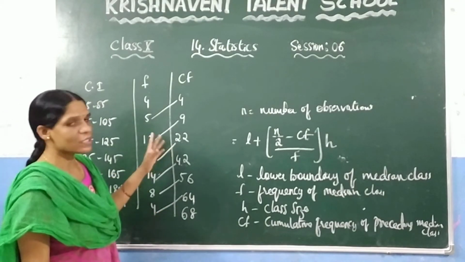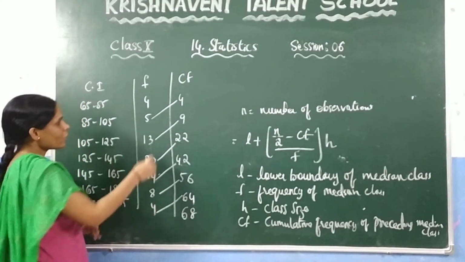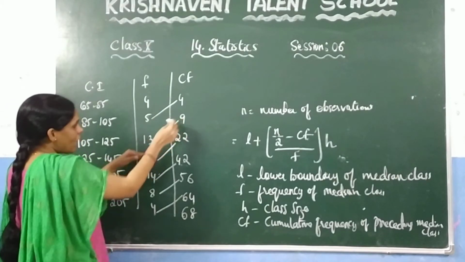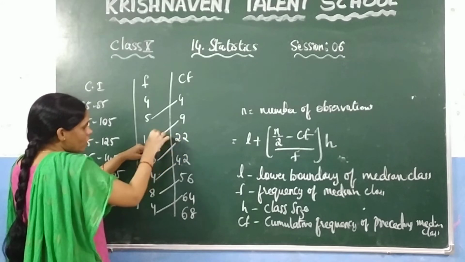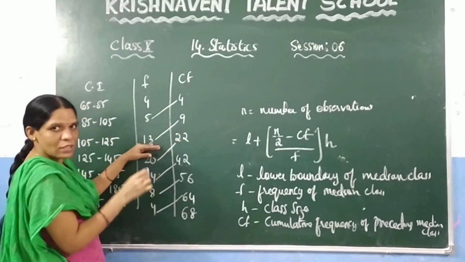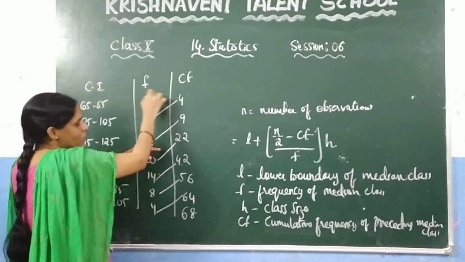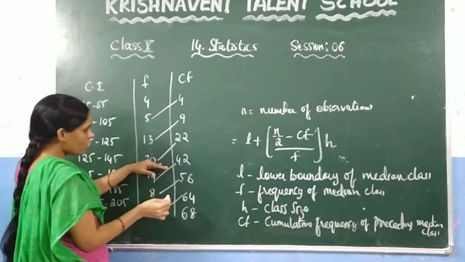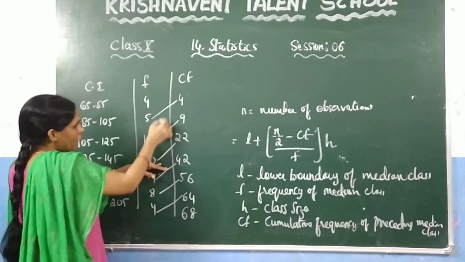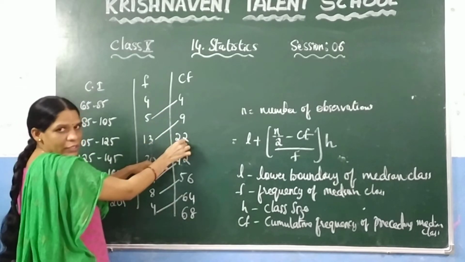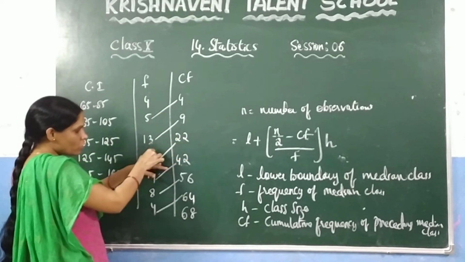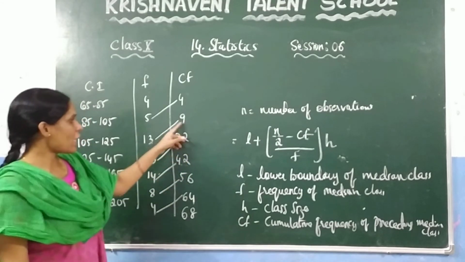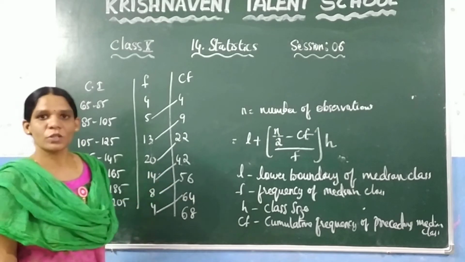Why? Because we have calculated like this. Here you can observe that 5 plus 4 which is giving you here 9. And if you want this cumulative frequencies, you need to add these frequencies. But already we have calculated this value. Just you need to add that to 13. Similarly, if you want to find this one, you have added all these frequencies, you got it here 22. Just you need to add 22 to 20 so that you are getting the cumulative frequency. That's why we have added like this so that we got the cumulative frequency.